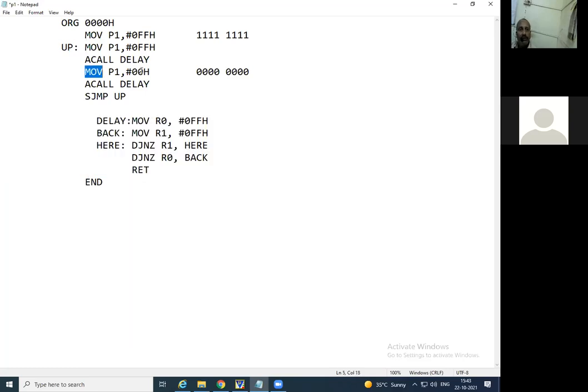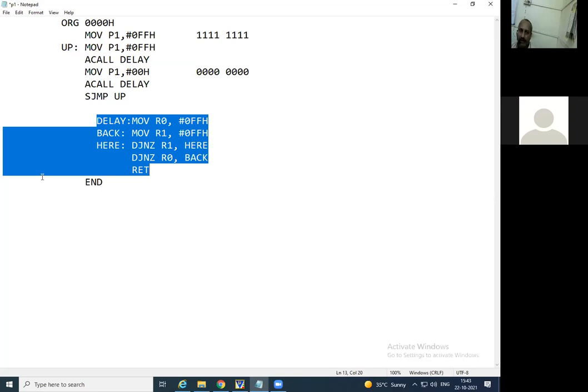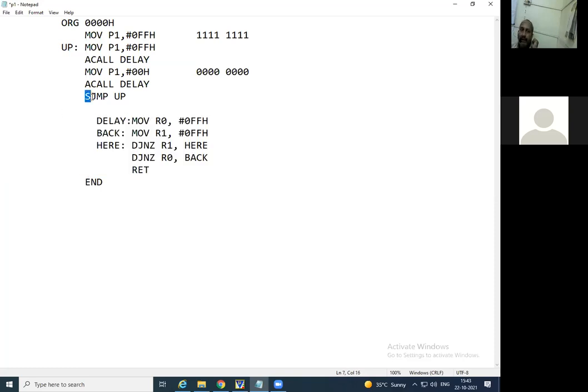So here in the instructions, first FF means all LEDs on, and at this stage all LEDs will be 0, that is in off condition. It will be in off condition till again the ACALL delay, means again this delay is called. So again a delay is added there, and then SJMP, that is jump.